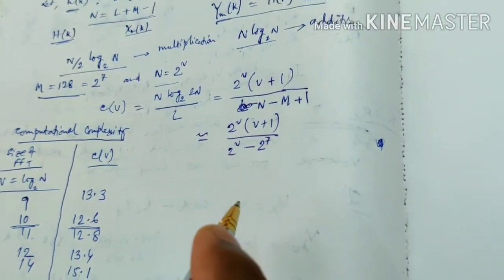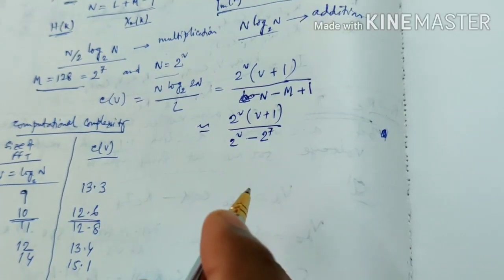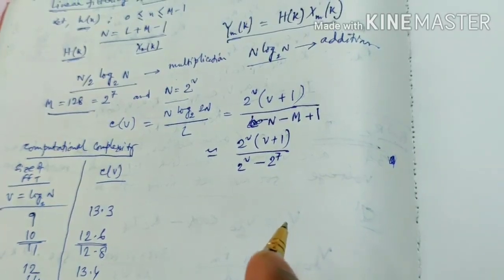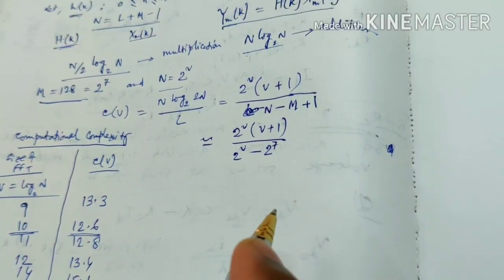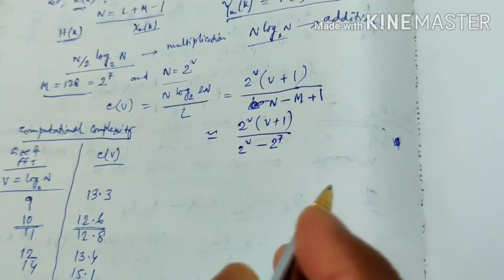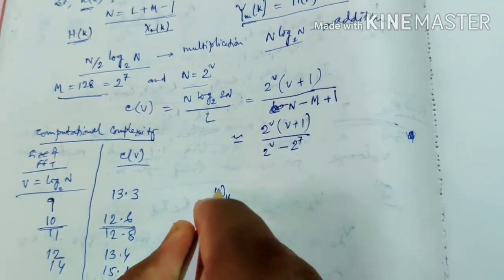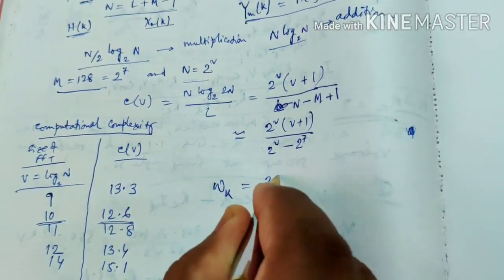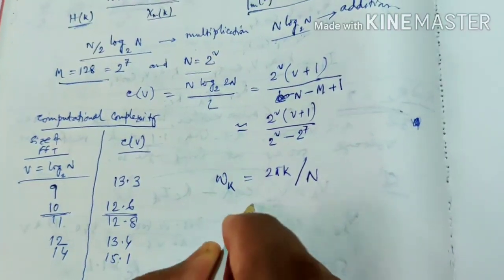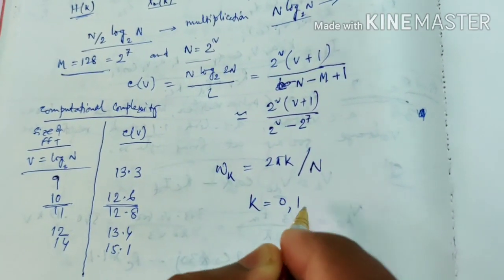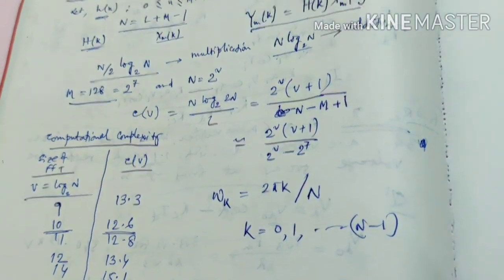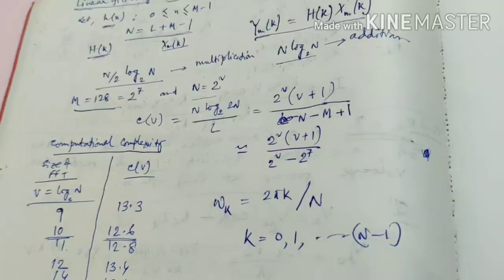So the direct computation of the DFT can be formulated as a linear filtering operation. The linear filter takes the form of a parallel bank of resonators, where each resonator selects a frequency, that is omega k, which will be 2 pi k by n, where k equals 0, 1, up to n minus 1, corresponding to the n frequencies in the DFT.